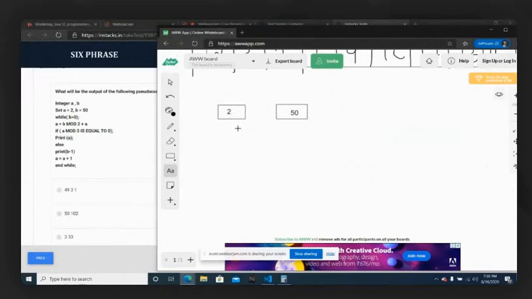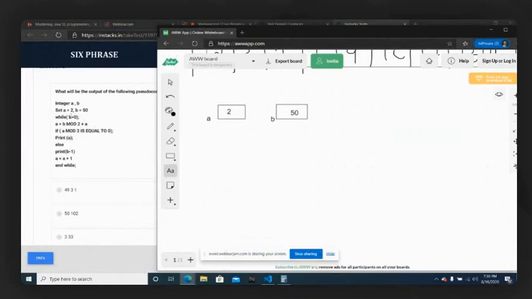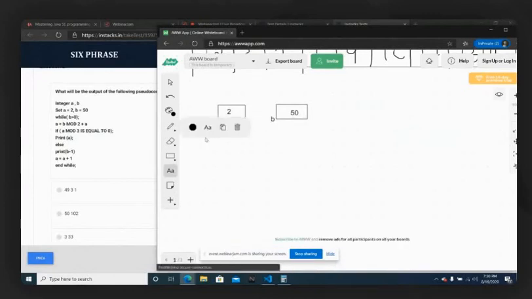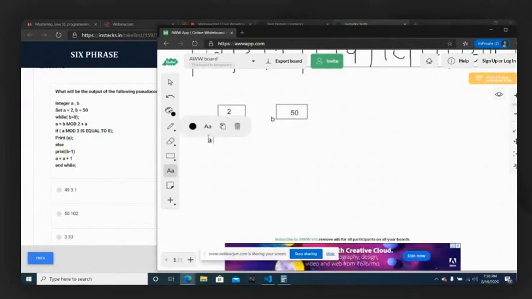So what is inside while? First statement is a, and this one is b. Now what you're doing is a equal to b mod 2 plus a. When you divide 50 by 2, what will be the remainder? That is what mod has to give, right? So when you divide 50 by 2, there will be no remainder at all. So b mod 2 equal to 0, plus a. What is a? 2. So your new value of a will be 2 only. Why a equal to 2? b mod 2, 50 mod 2, is 0, plus a value 2. So when we add both, we again get 2, which we assign to a.